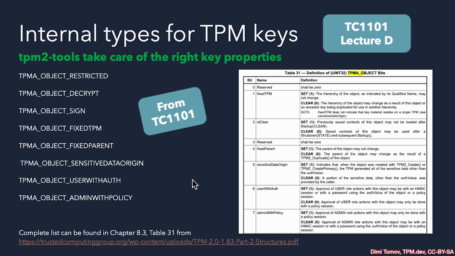And I want to point your attention to the last two attributes here. TPMA_OBJECT_USERWITHAUTH instructs the TPM to look for password authorization. TPMA_OBJECT_ADMINWITHPOLICY instructs the TPM to look for extended authorization that we'll learn in this course, TC1102. And be careful when you select these attributes, because if you select both, this means that the TPM will accept either. It's like an OR. And also when setting these attributes, you would view in our examples as well in our lab solutions that they are being concatenated using OR in our C code.